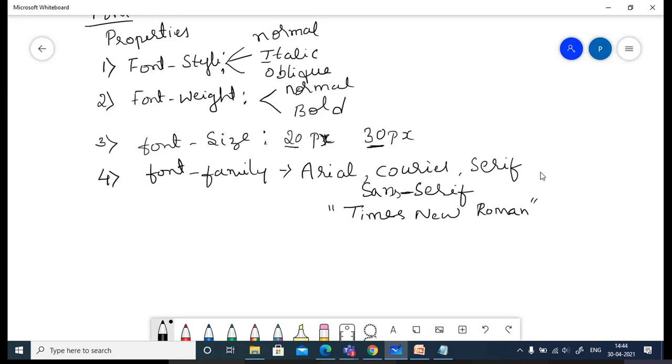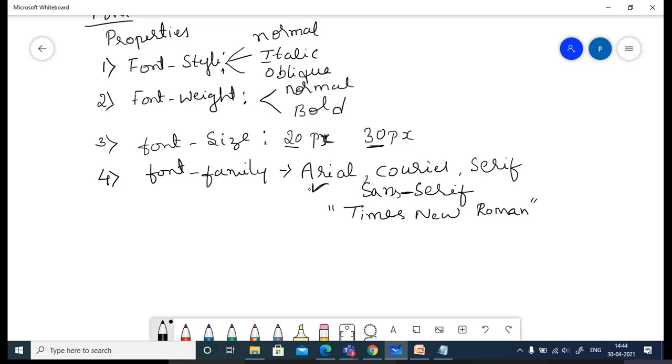Is it clear? So consider if the browser is not supporting the first type, then it will go for the second one. Okay. If the second one is also not supported, then it will go to the third one. That is the hierarchy it is going to follow. If the first one is supported by the browser, then it will just take this as the font family and apply it to the font.